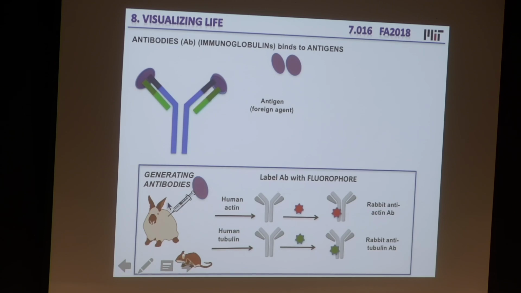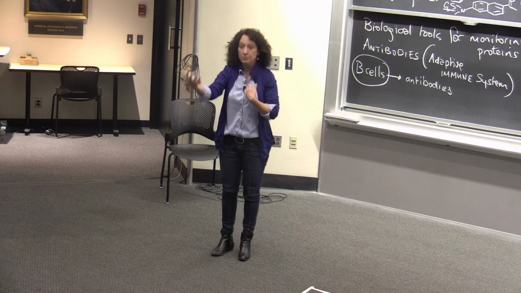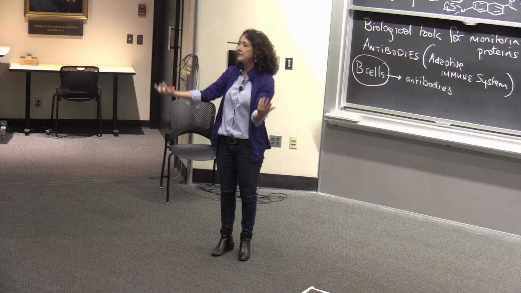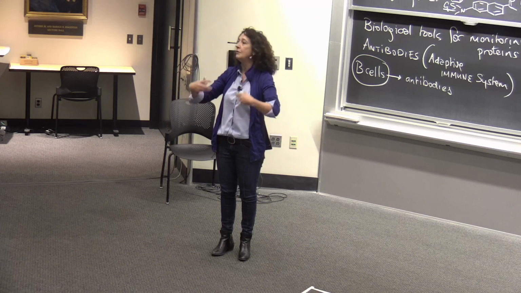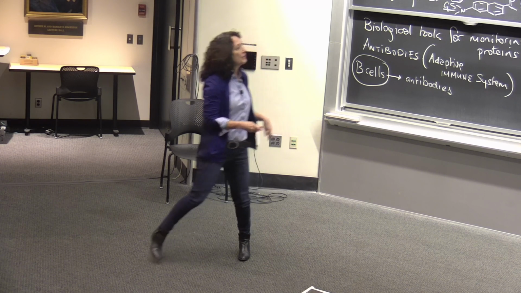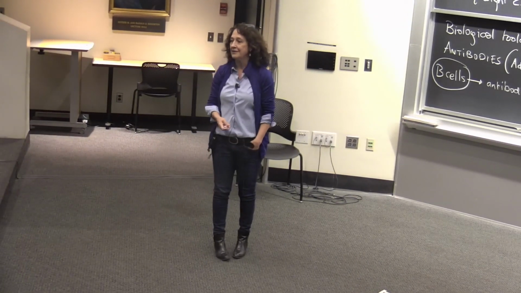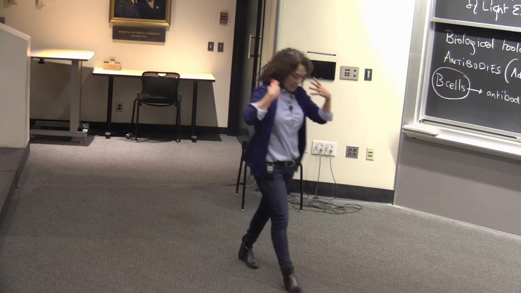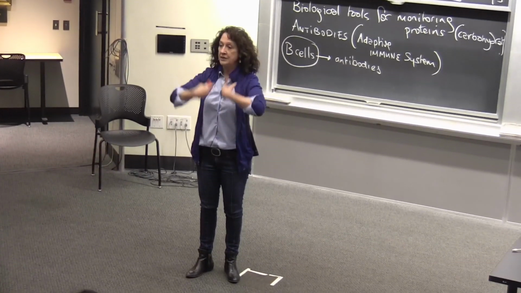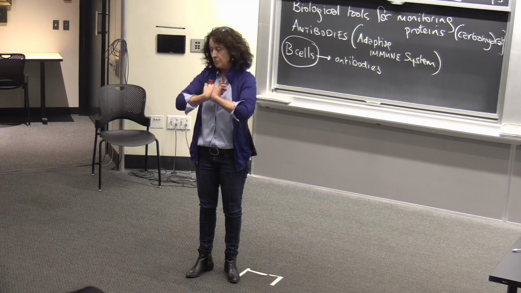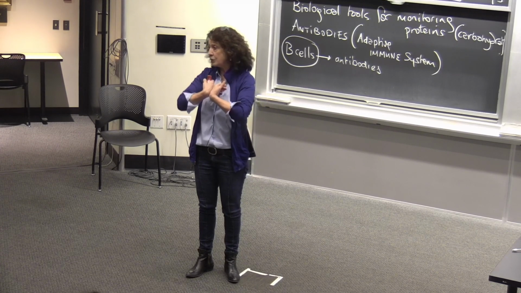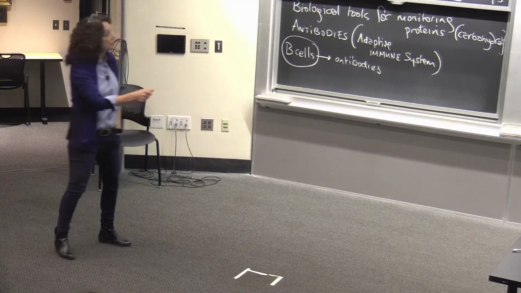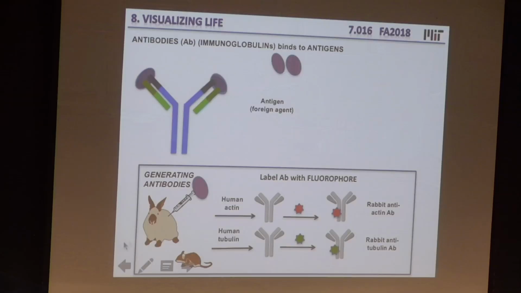Anyway, so you inject the rabbit with a human protein. What would happen if you injected the rabbit with rabbit actin or with a rabbit tubulin? Well, would you expect to see a response? No, right? Because organisms are adapted not to recognize their own proteins unless there's some disorder like an autoimmune disease. So you would inject the rabbit with a human epitope, so for example, human actin,